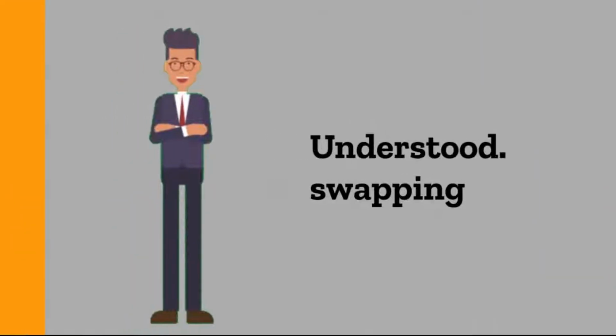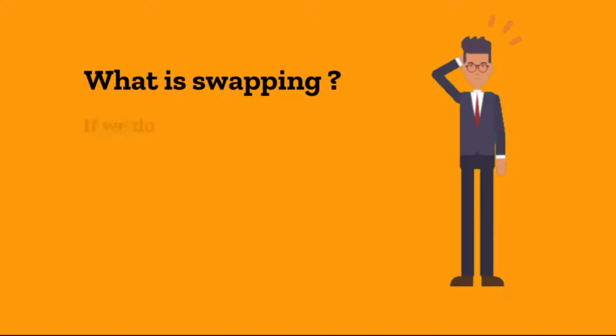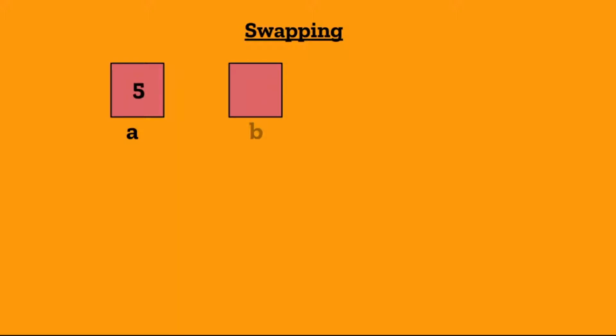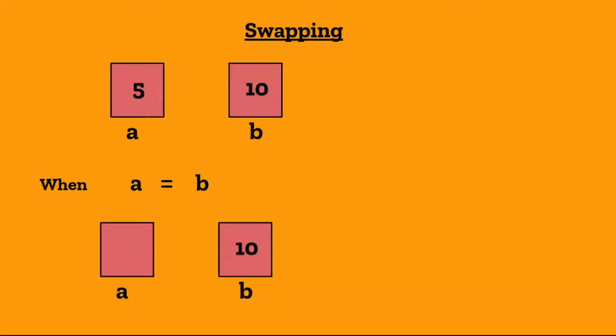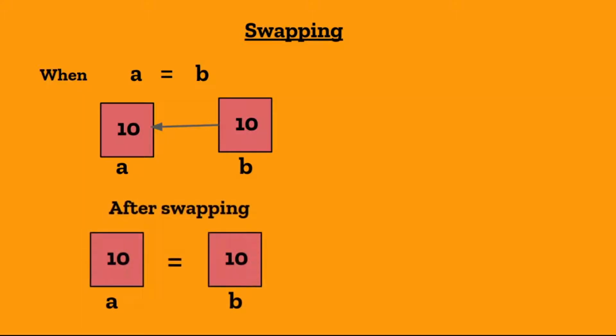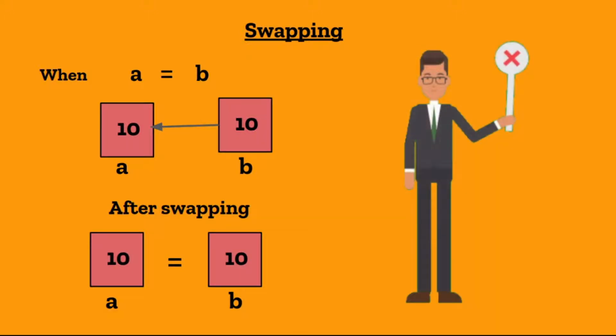So just for a moment, think what we can do to swap these two numbers is simply writing a equal to b and b equal to a. But this doesn't work in programming, because when we say a equal to b, we are actually storing the value of b into a. So the value of a will be permanently removed. And if we say b equal to a, here a has already taken the value of b. So in this step, we are again storing the value of b into b. So the output will be a equal to 10 and b is also equal to 10, which is not the desired output. We need to swap a and b but not make them equal.